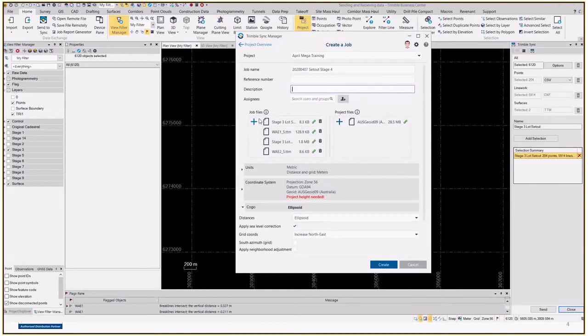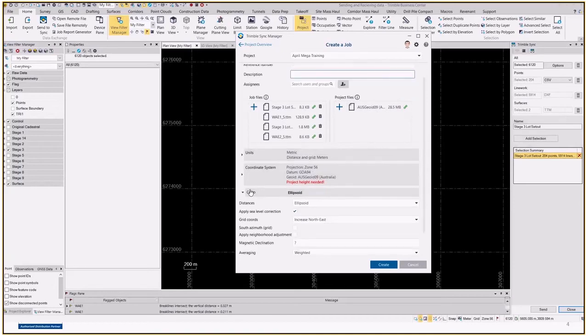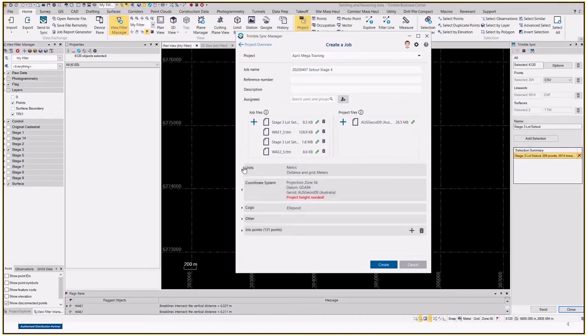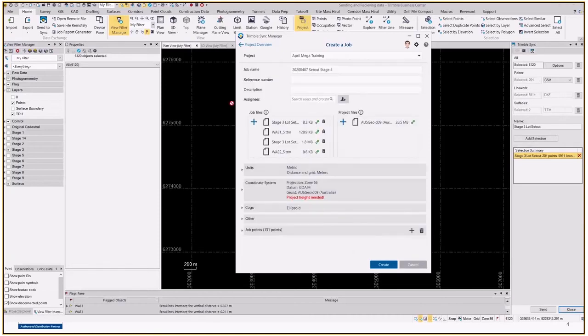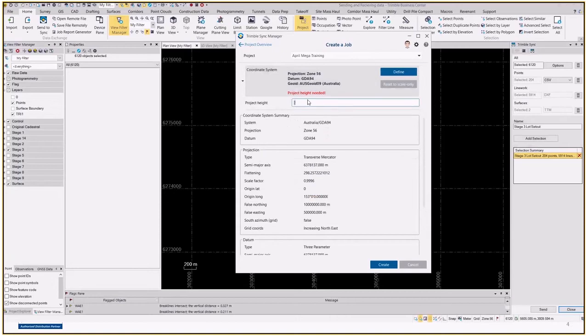This is what we would call our linked files. So I've got all my TTMs, DXFs, and CSVs, and at the same time project files. I have linked in here already my AusGeo 9 because I'm running on a coordinate system. As we scroll down a little bit, again, this is very, very similar to how you would see it in Trimble Access when you click on each one of the icons in the job creation screen. A lot of this is already created. However, I need to input a project height. And for this job, it's about 40 meters